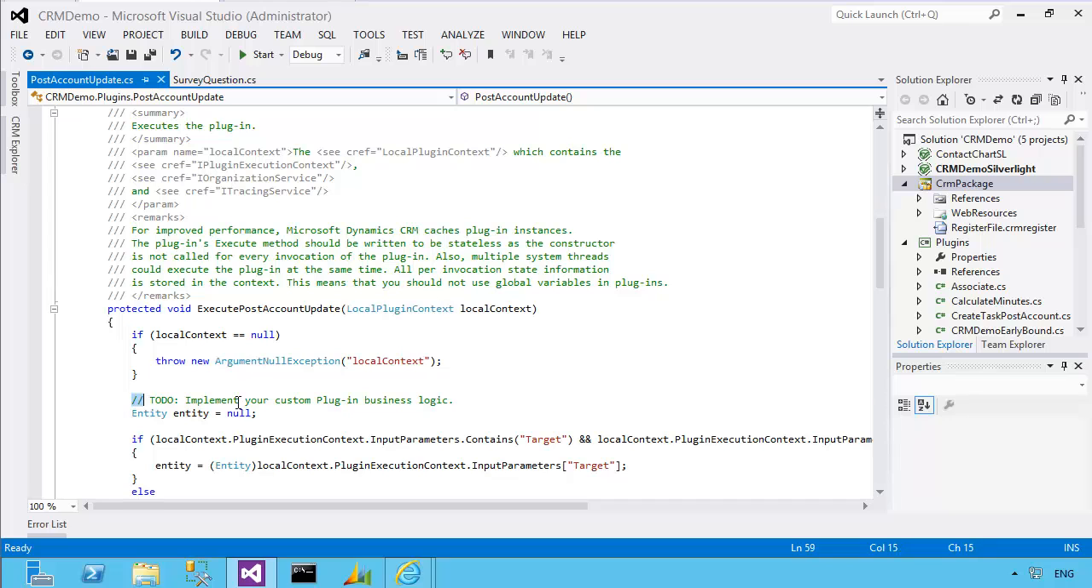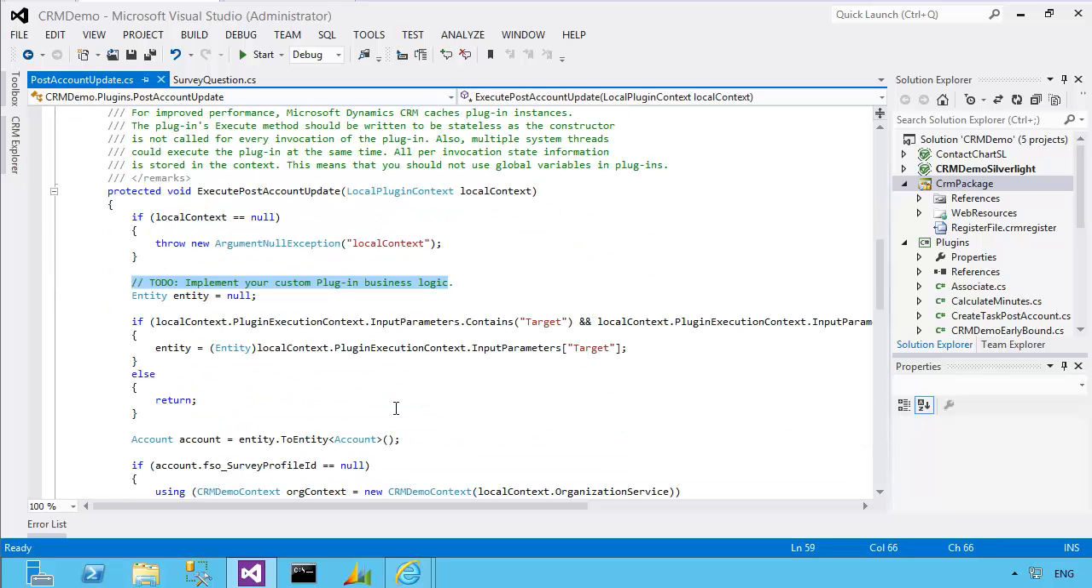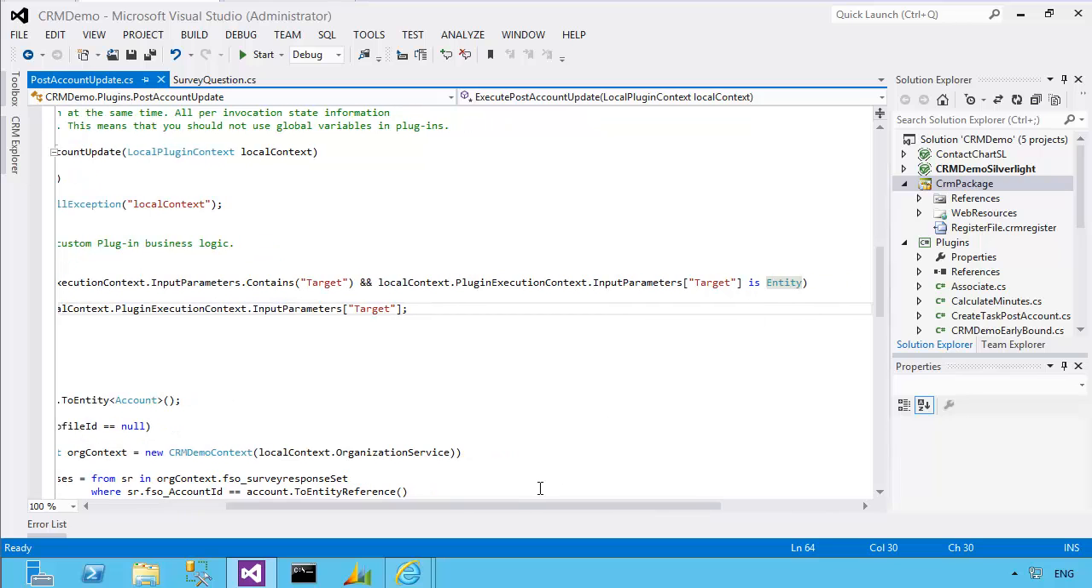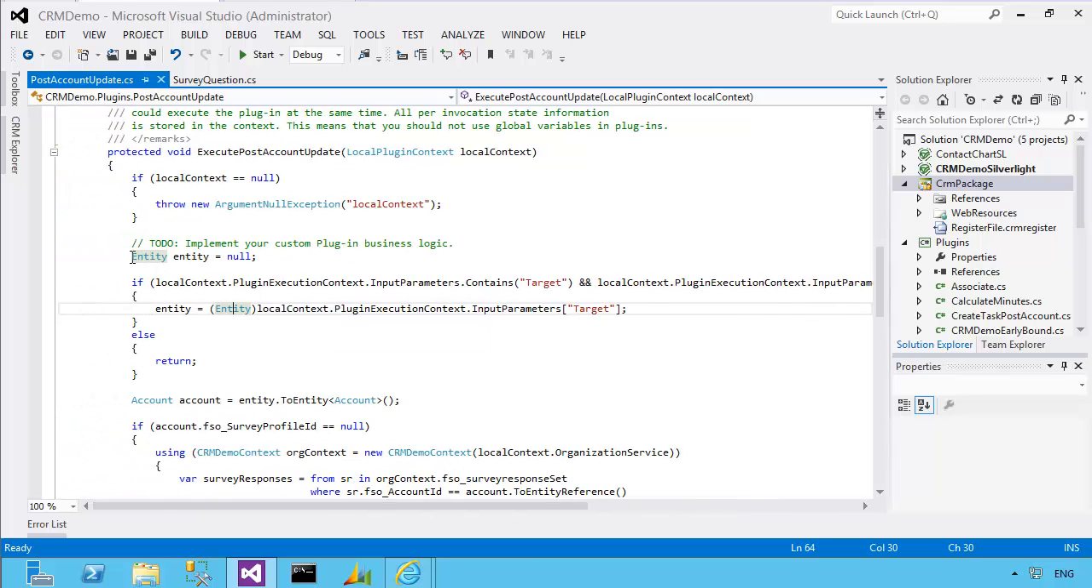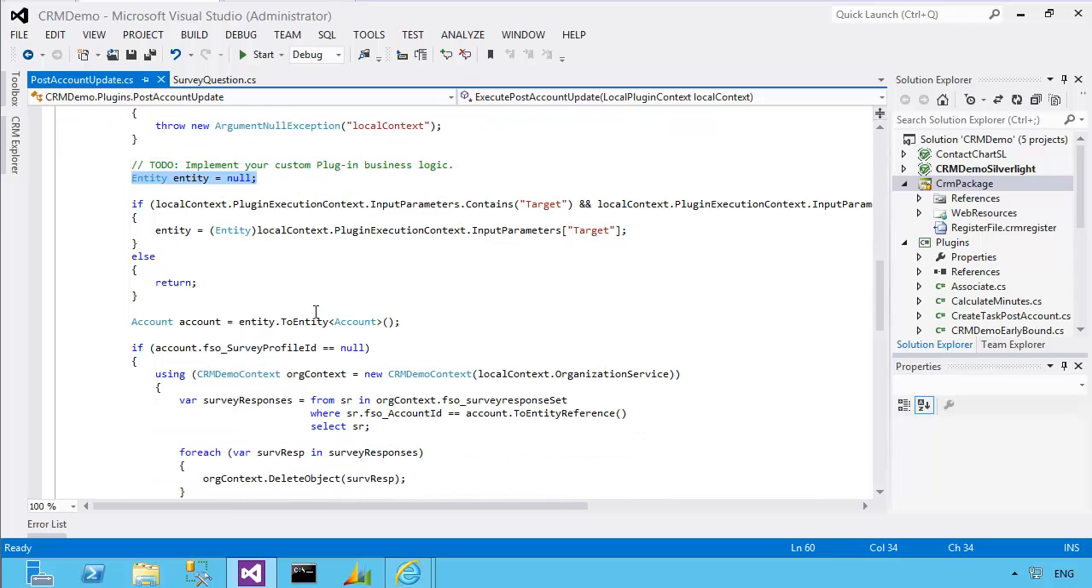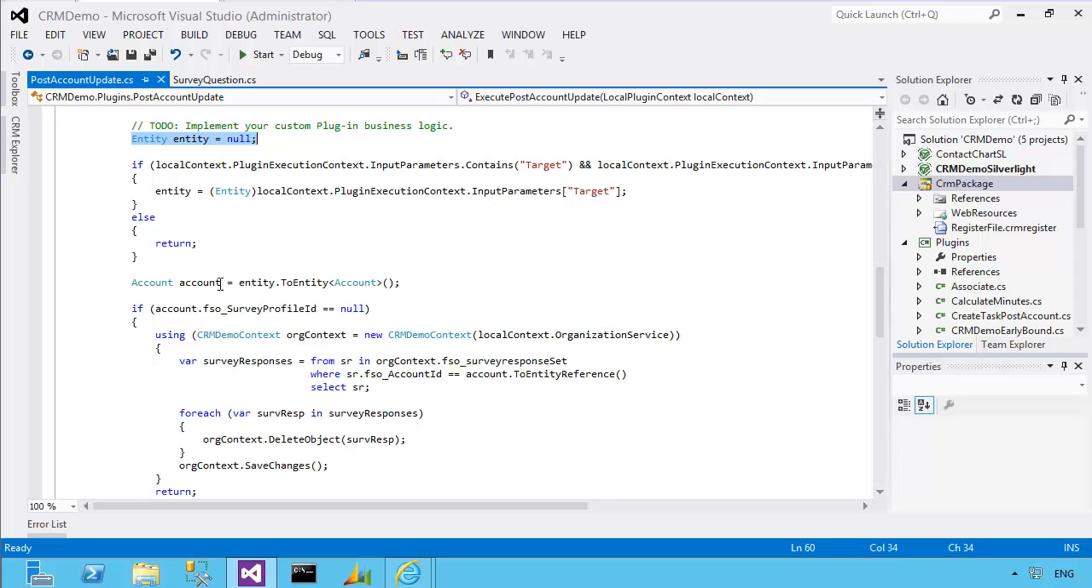So below this to do, which you've seen before on the previous video, I'm doing the same sort of checks where I'm checking if the input parameters contains a target object and that the type of that is entity. If it is, obviously I've defined this late bound entity variable. I extract that target input parameter and cast it into that late bound type. Otherwise, I return from the plugin and it just ends. Then I cast that to an early bound account type,